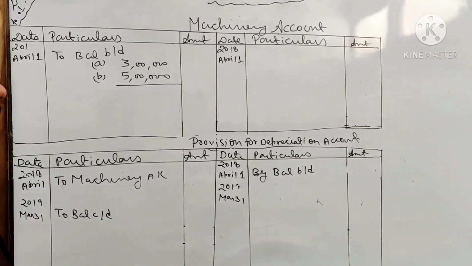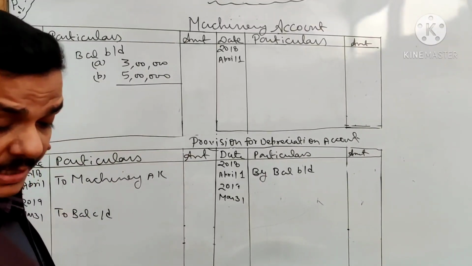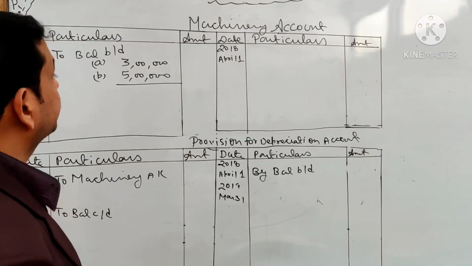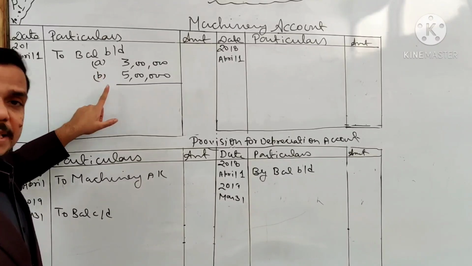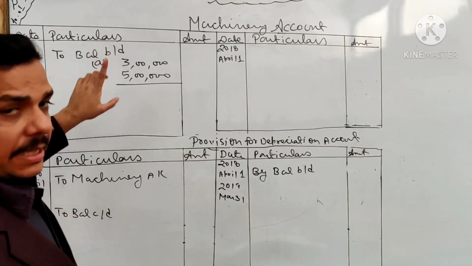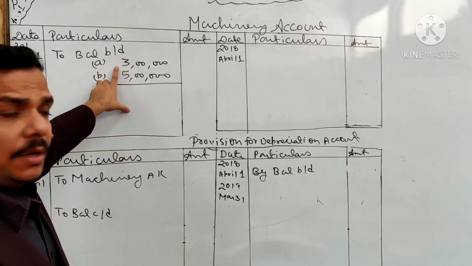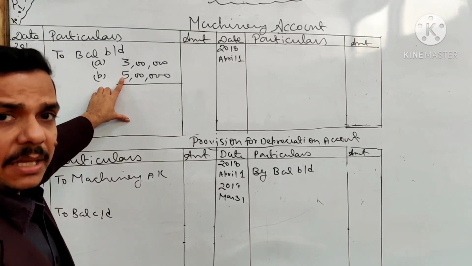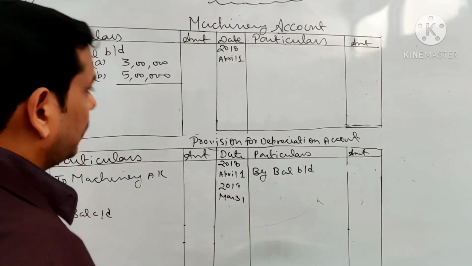So dear student, now we have prepared the ledger, so the working notes will be clear to you. Now see how to prepare the ledger for this numerical. The balance of machinery account given is 3 lakh and 8 lakh. We are going to bifurcate it, because the machinery which is going to be sold will be written as A and the balance will be written as B, as we are selling this machine at the beginning of the year only.